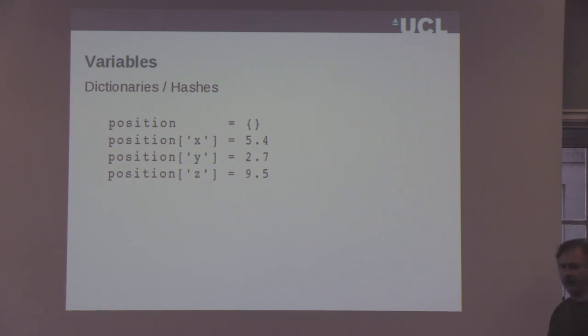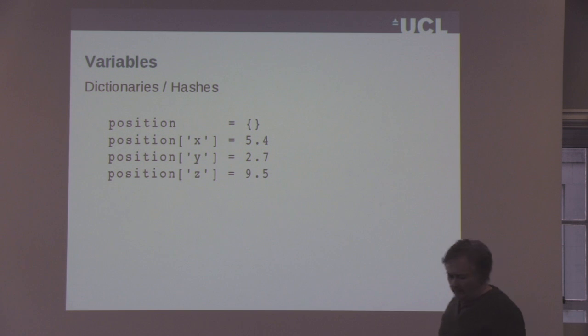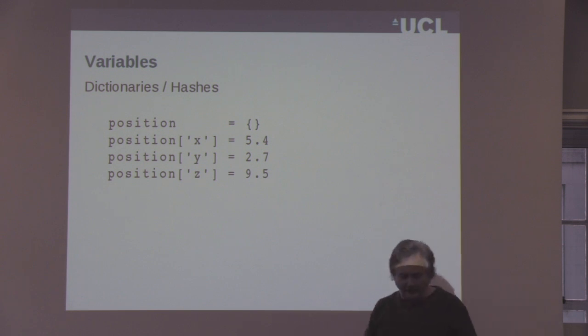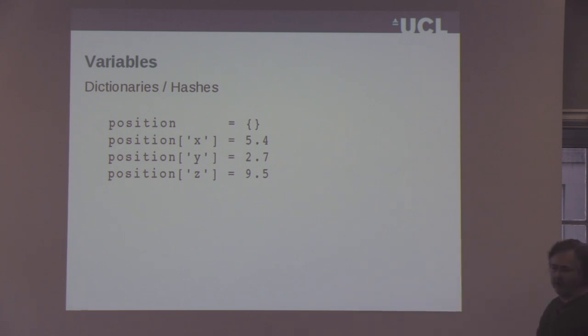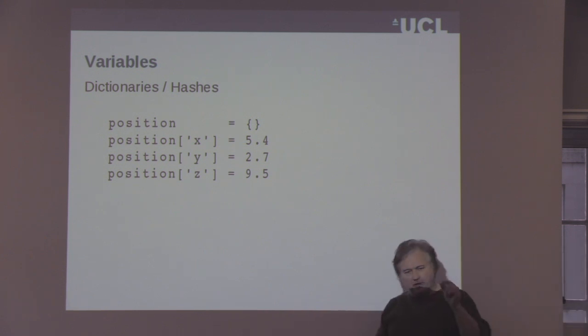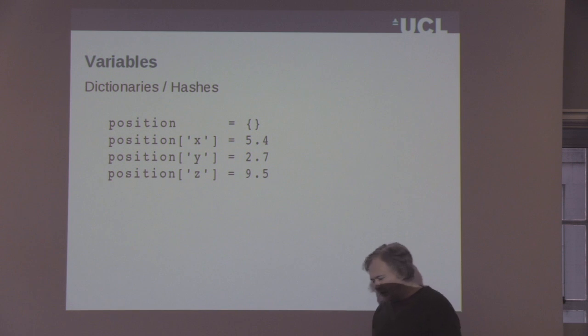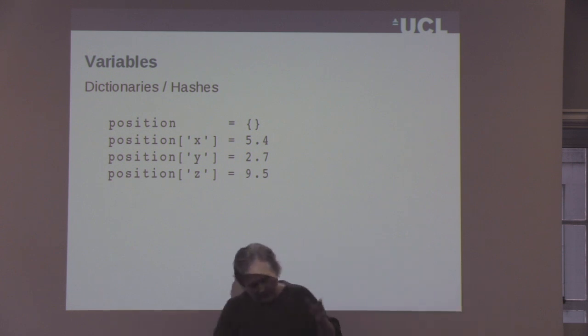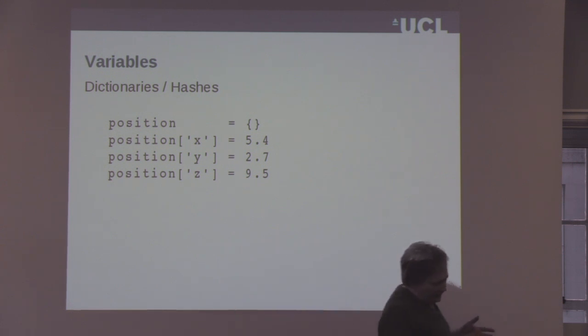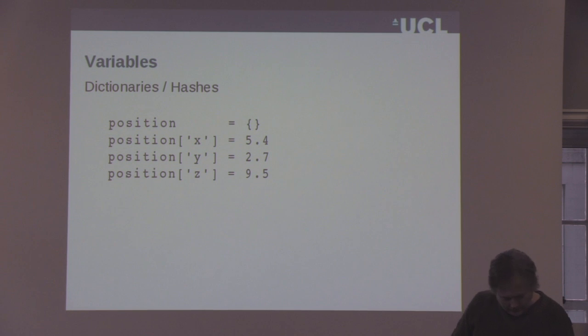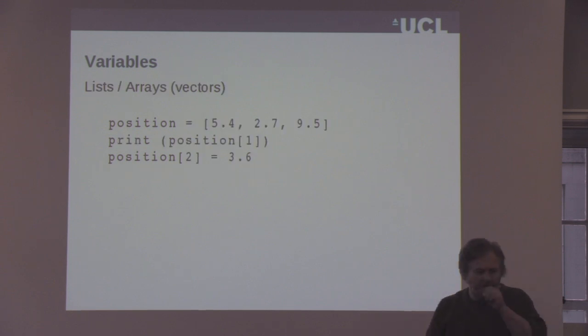The third type of variable is known in Python as a dictionary. In Perl it's known as a hash. It's basically the same as a list, but instead of using a number as an index, we use a string as an index. So the way that I tend to think of this is that if we go back to the lists,